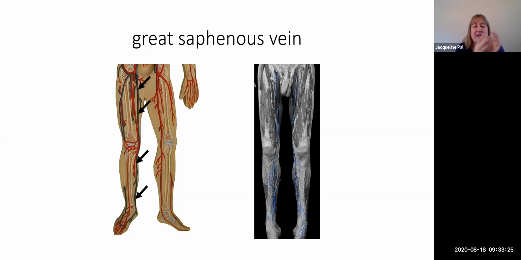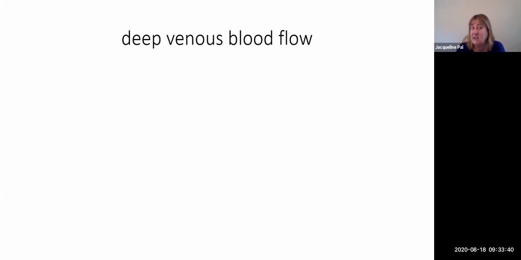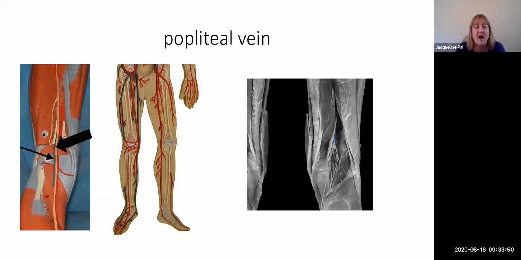vein. And the great saphenous vein has importance in that it's often used for coronary artery bypass surgery, but because it has valves, they flip it upside down. So that's the great saphenous vein. And what it drains into is the deep venous blood flow, where I'll show you where it drains into, but we need to start distally and move our way proximally. So we're not going to do any deep vessels